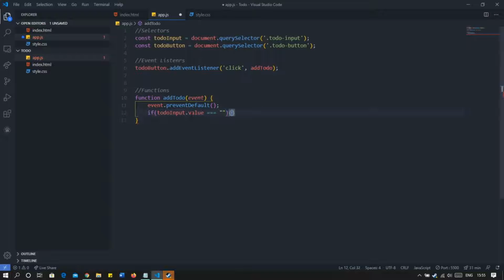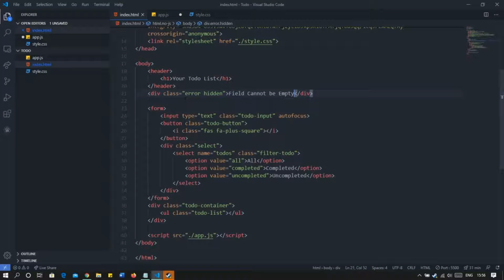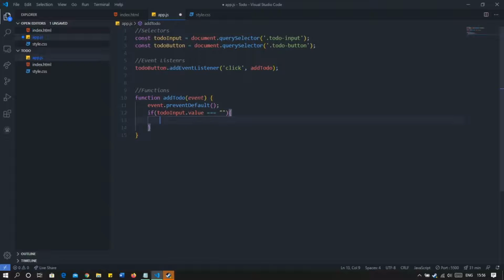If it's equal to null, we will remove the hidden class, because of this hidden class we are not able to see this element on the browser. If we remove this class, the styles that we have applied to the hidden class won't be applied to this element. So here we will remove.